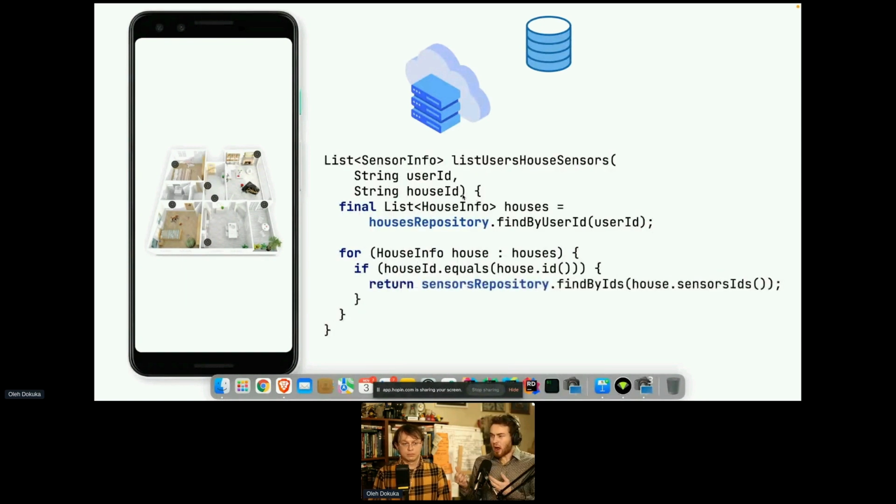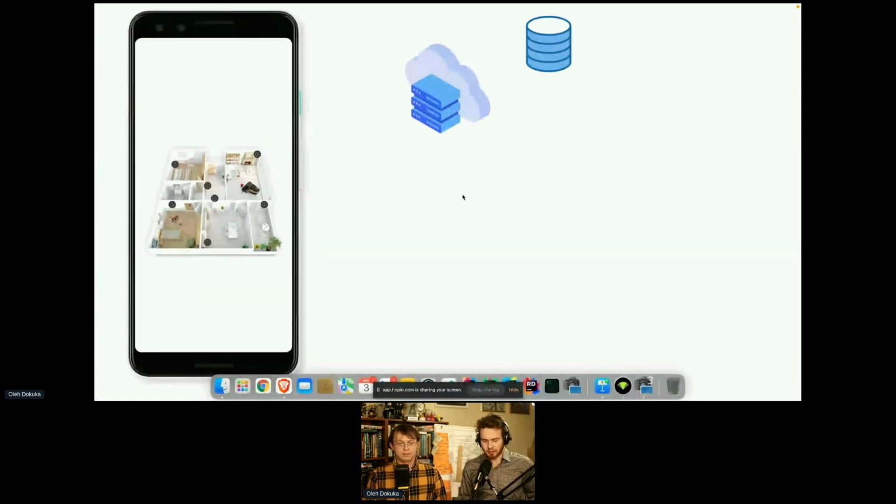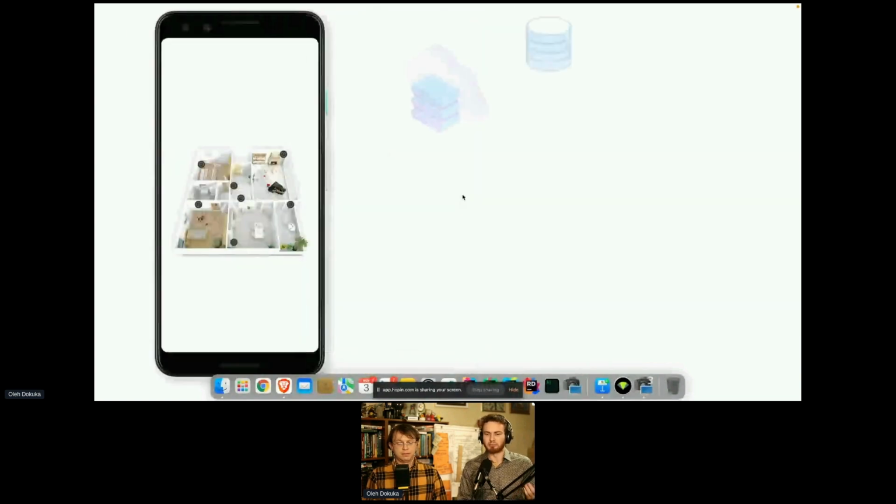Andrew implemented this simple piece of code to communicate from your server to your database and collect the information about this apartment and the sensors inside this apartment. Since a user may be associated with multiple houses, there are a couple of steps in order to retrieve this info from the database, like going for the houses repository and then going for the sensors repository.